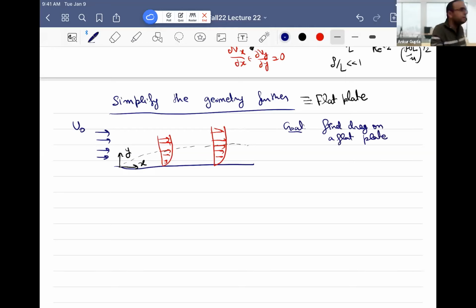The idea is simple, that first we want to solve the flat plate before moving on to the cylinder. We have seen in the cylinder, if you don't solve the boundary layer equation, you get drag to be zero. So that's why we want to solve the boundary layer equations. But solving the boundary layer equations in a cylindrical problem is much more difficult. So that's why we're taking a step back and saying you solve a flat plate problem. Okay, is that clear? So again, don't forget there is an outer region